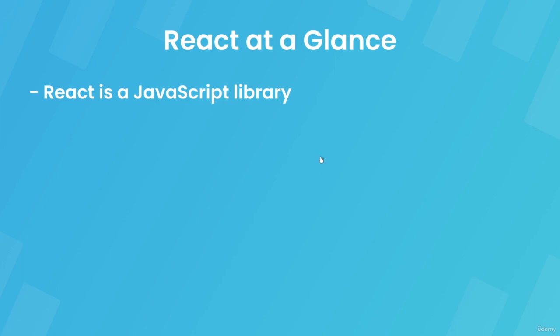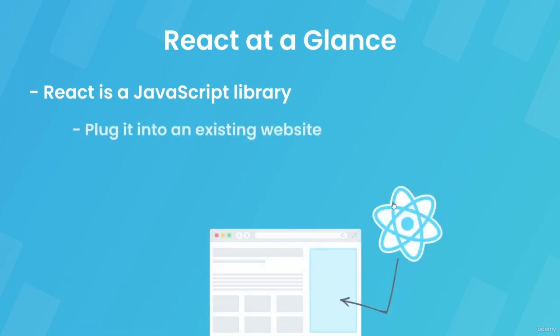Now, we already know that React is a JavaScript library, and we can use that library in a couple of different ways. We can plug it into an existing web page on a site to control just specific sections of that website, like a blog post or a sidebar or something else. And those would just be reusable, interactive React components with some functionality that we can drop into our existing web pages wherever we need them. So that's the first way of using React, to inject it into an existing website or web page to control